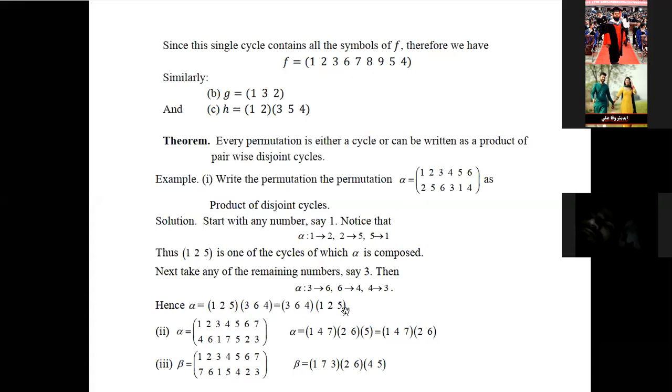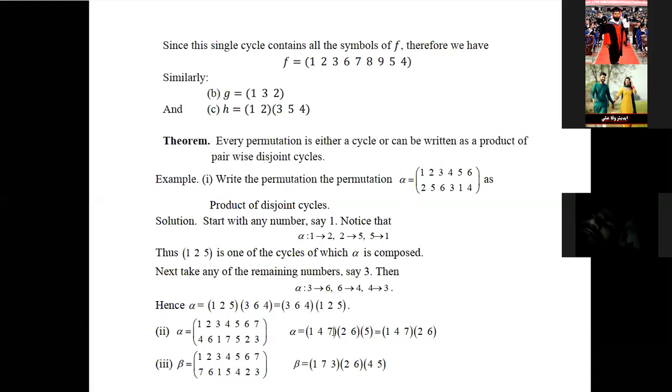Okay, now again you take another example, just like alpha equal to this. Now see here, one cycle is 1, 4, 4 goes to 7, 7 goes to 3, and 3 goes to 1. Here is one thing missing, here is a 3. Okay, correct it. Alpha equals (1, 4, 7, 3).